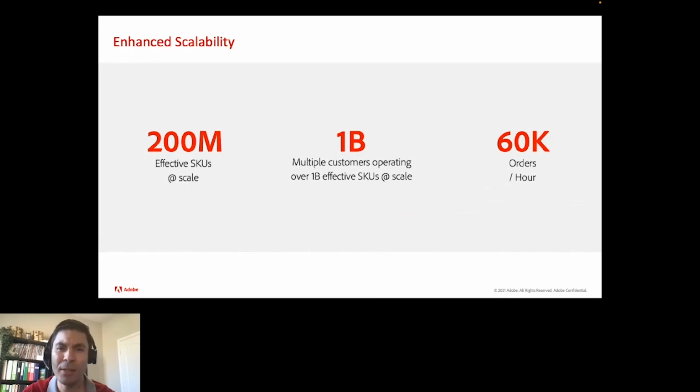One of the biggest highlights in the support of these orders per hour is our asynchronous order placement. This is exclusive to Adobe Commerce merchants, but it's especially useful for merchants in the B2B space, or who experience flash sales, or want to be very ready for holiday sales.